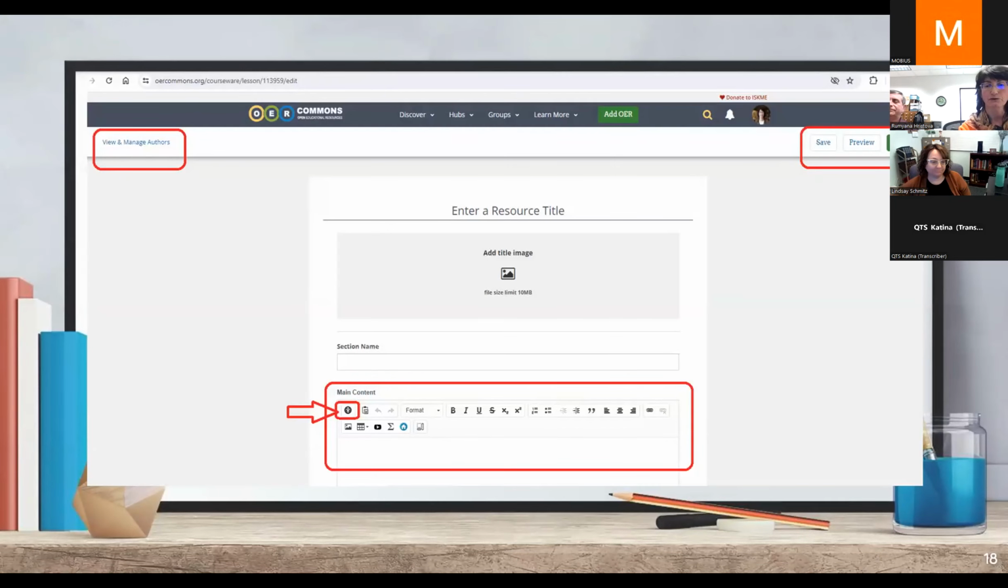And I'll just show you the screen. This is the text editor that comes with the open author. It has all these robust features: you can upload video, images, mathematical formulas. And the latest feature they have added is an accessibility checker. It checks your text for people with disabilities and makes sure that it's compliant with those standards.